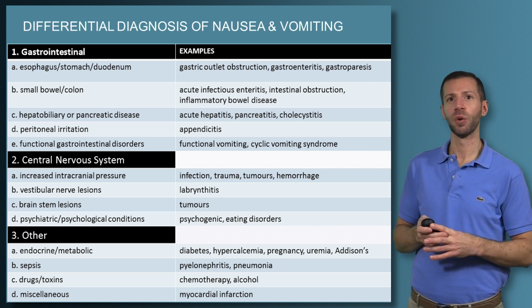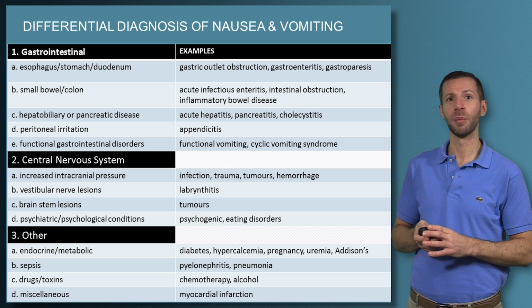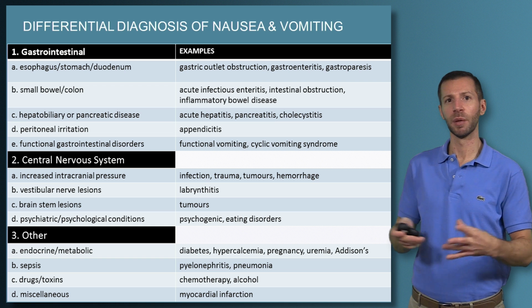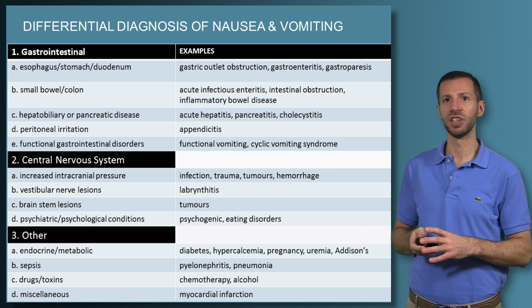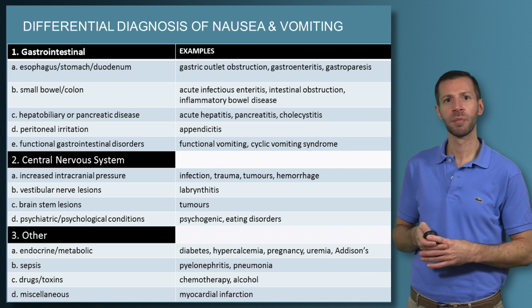And within each of those categories, you can think of the various causes. So again, just a general approach: thinking gastrointestinal, thinking through the anatomical gastrointestinal tract, both the luminal and the extraluminal or accessory organs. Think about the peritoneum, the functional disorders, and then various types of pathology that can occur, like infectious, inflammatory, obstructive, and whatnot.